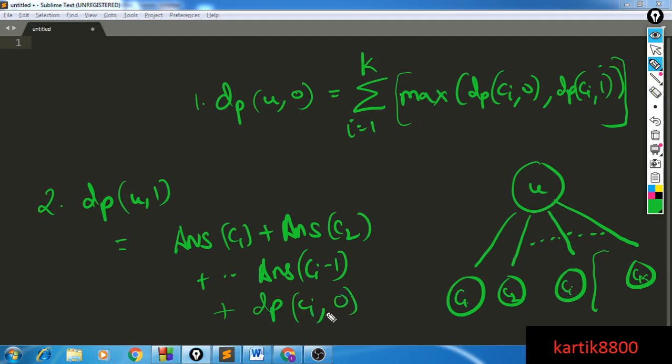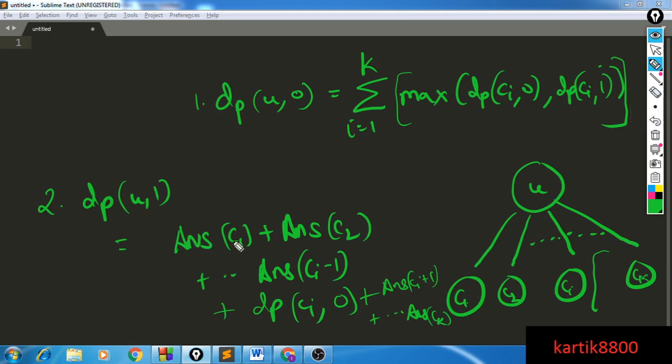This means I won't be selecting any edge that has one of its endpoints equal to ci. And for the remaining I can similarly have answer of ci plus 1 plus so on till answer of ck, and that's it. This is going to be my recurrence if I select the edge from u to ci, and I'm going to try out all the k different edges, right? All these k different edges.